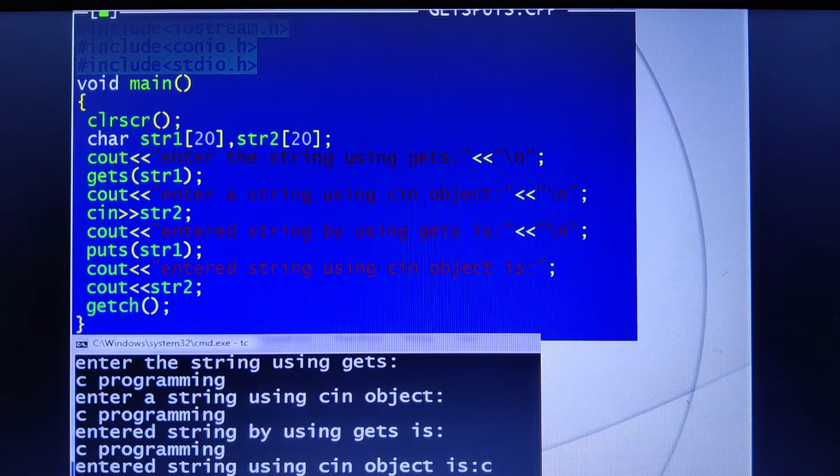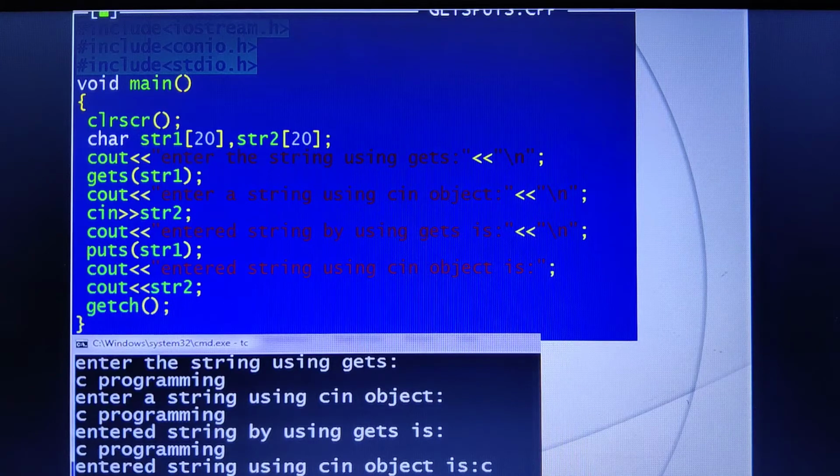I hope with the examples you can clearly understand when we have to use getchar and putchar, and when we have to use gets and puts functions. One more question you can expect here, students: write the difference between getchar and putchar. Only thing is, you just write the description of what it is.